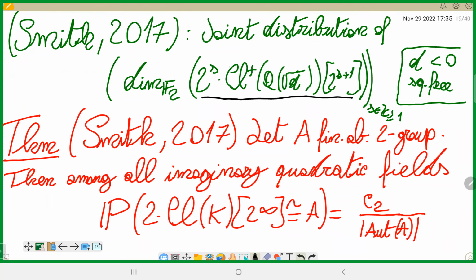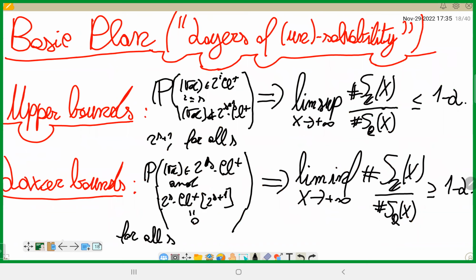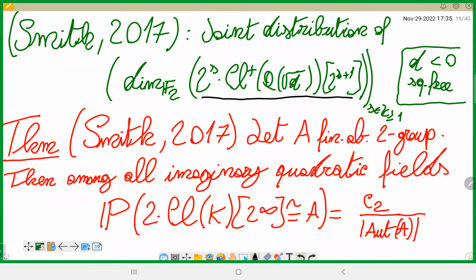So this is the same as the 2-torsion classes divisible by 2^s. These are exactly the things we are looking after here, exactly the spaces we are looking after, and we are looking at whether square root d is in all these spaces or leaves one of these spaces. And one more conceptual way to phrase this sequence of spaces is that you can prove that